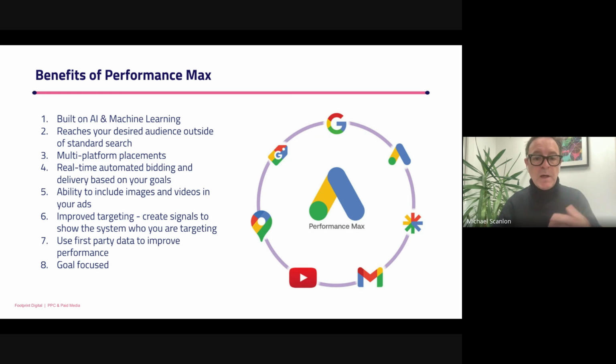Again, one of the ways that we started to test and implement this was we ran those Pmax campaigns alongside search to plug the gaps that were inherent or apparent in our search campaigns, because our search behavior has changed so much over the years now. We don't just put in a keyword, go to the website and convert. I think the latest info is, well, it's ridiculous. The amount of websites that we look at before we actually do commit to a purchase or a lead gen